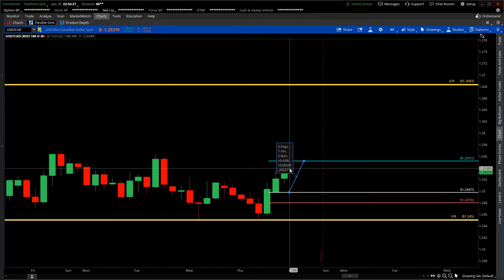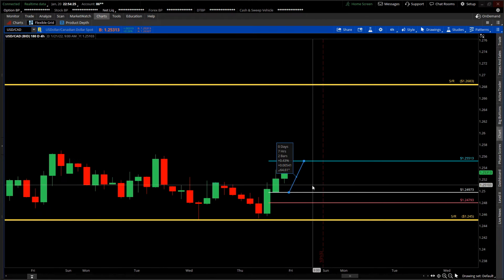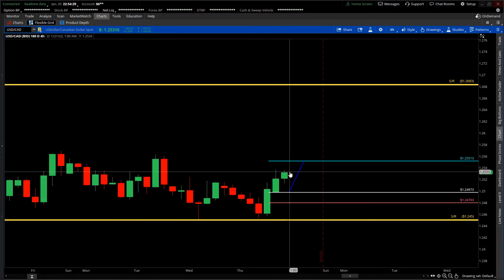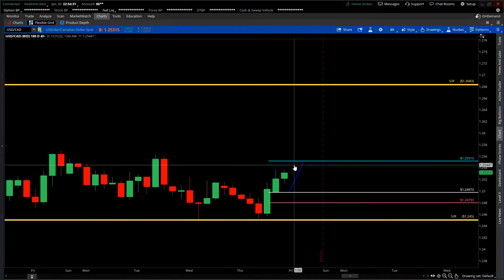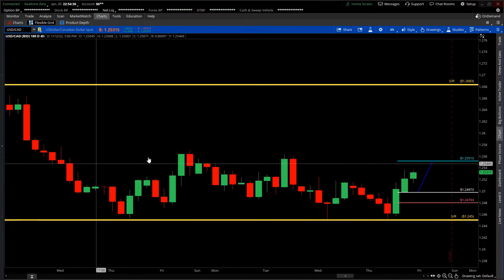That's 54 pips. If I was risking 18 and I'm making 54, that's a 1 to 3 risk to reward. So I'll be monitoring this trade very carefully, because we can see that this price